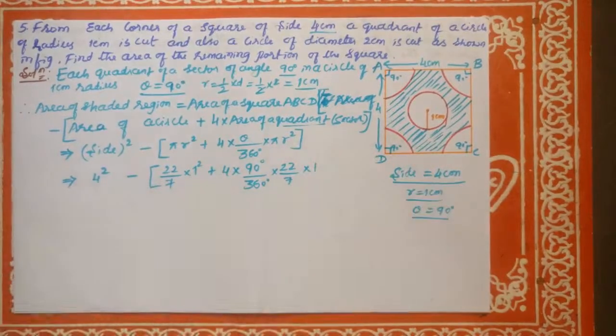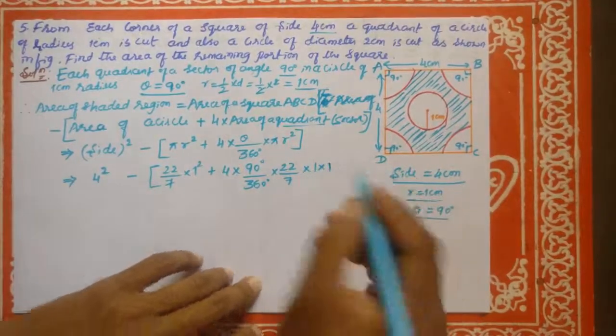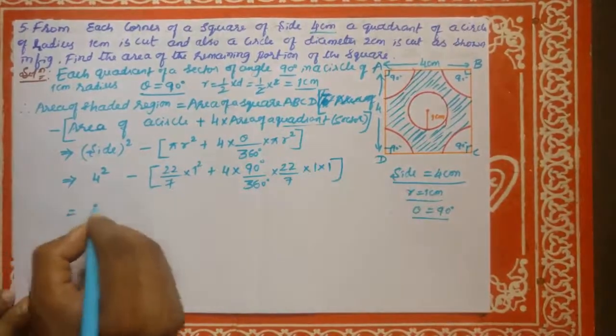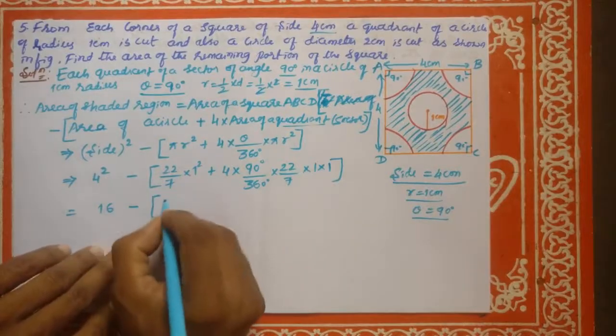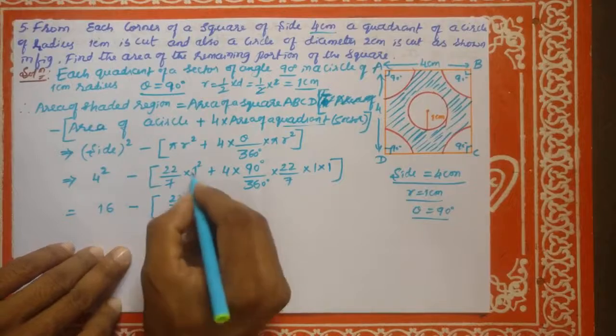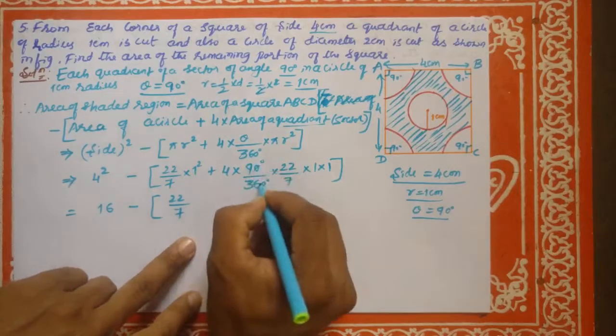So 1 square is 1, and 4 square is 16, minus 22 by 7 into 1, which is 22 by 7, plus